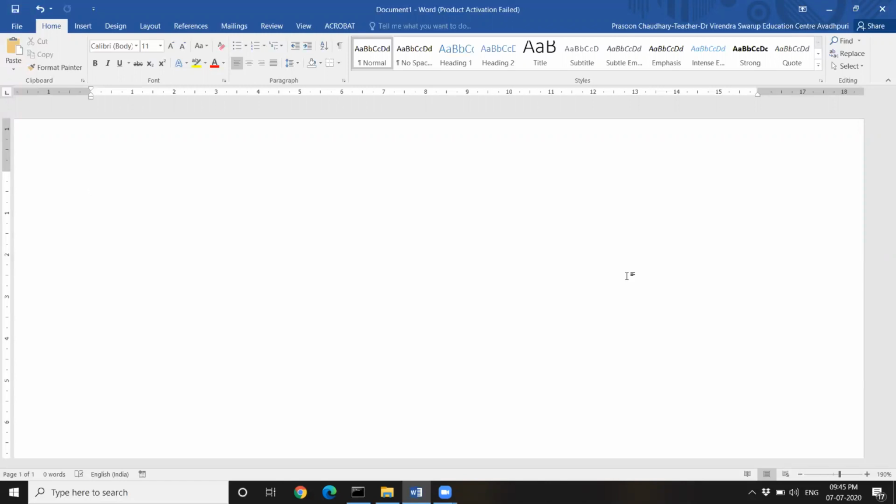And if we want to write something in base, like 4 to the base of 2, when we write base, it is a little lower than the normal text. That happens in MS Word with the option subscript.